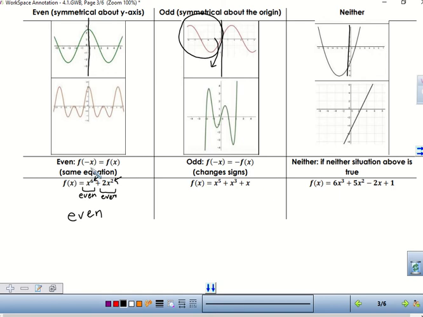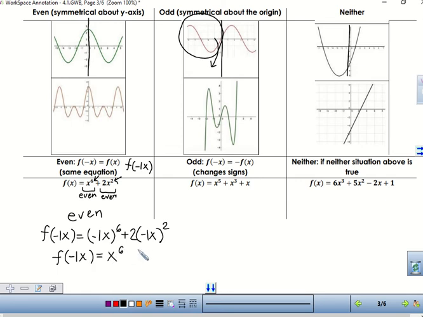If you were to plug in negative x, or technically this is negative 1x as a coefficient, into the function, if every single term stays exactly the same when you do that, that means it's an even function. So you replace all the x's with negative 1x. Of course, any negative number to an even power just becomes the positive version of that number. So it's just going to become